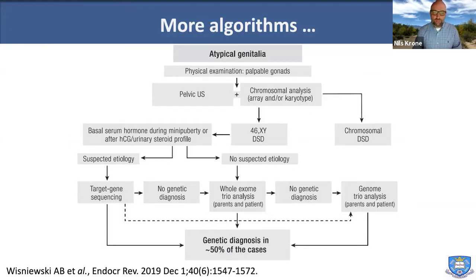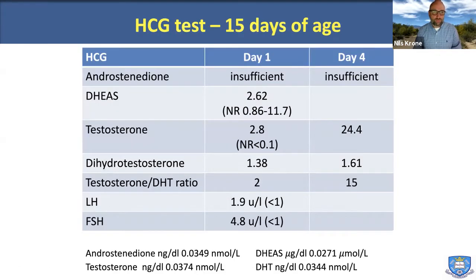And there are loads of other algorithms. There's a good review published in 2019. I'm not going to go through this here, but give you a few thoughts on how the diagnostic work-up works. I mean, there are quite a few different algorithms that have been developed. Going back to this patient, we've done an HCG test, and this is quite a few years ago, because I'm not doing many HCG tests anymore, I have to say. And the reality is, quite often in babies you have insufficient samples, then you get some results here with a testosterone that goes significantly up.